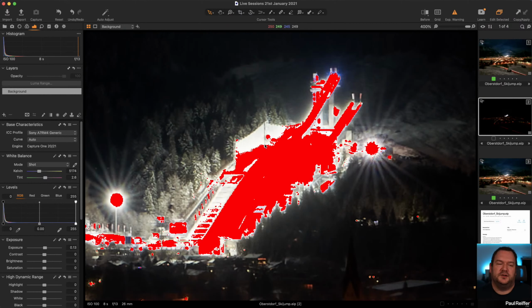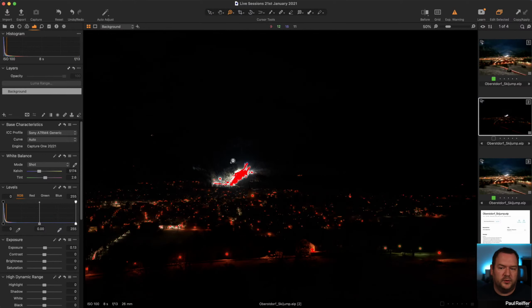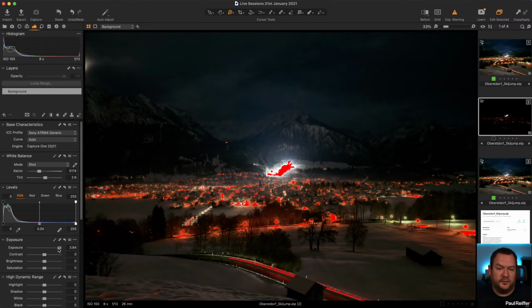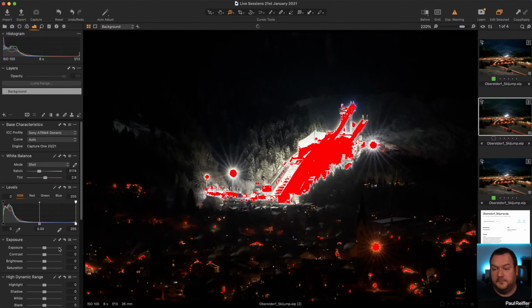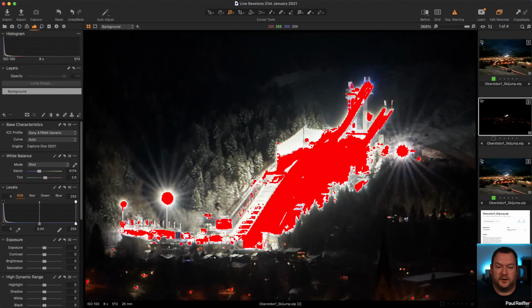To grab your attention to say, hey, look at this area over here. You might want to do something with it. So that's our first thing around exposure. Although the temptation would be to bring up everything else, the more we do that, of course, the more we overexpose this area here. So we've got another little trick that we can use to try and rescue some of this, which is our